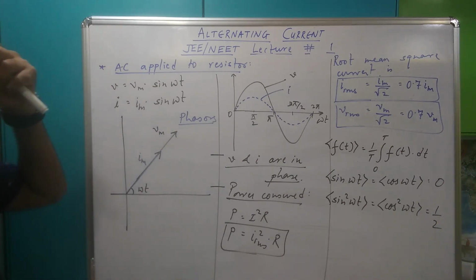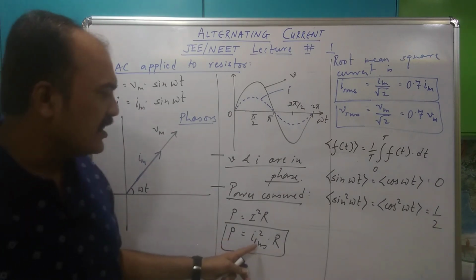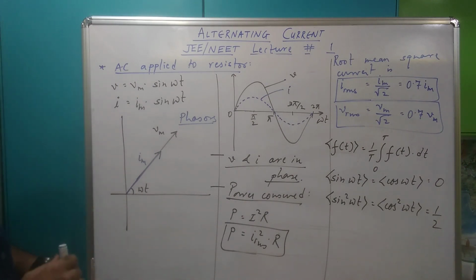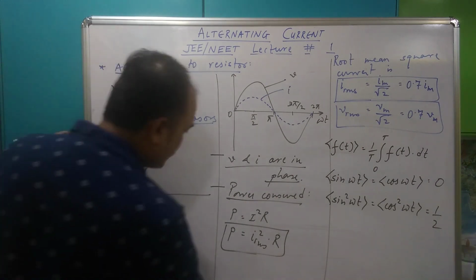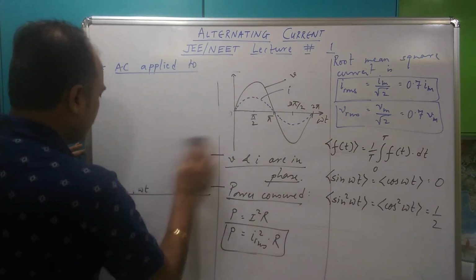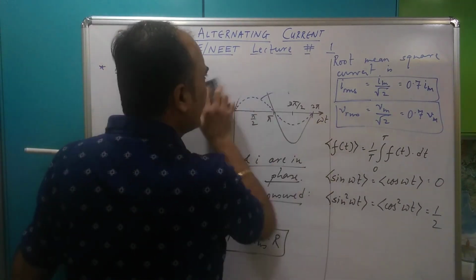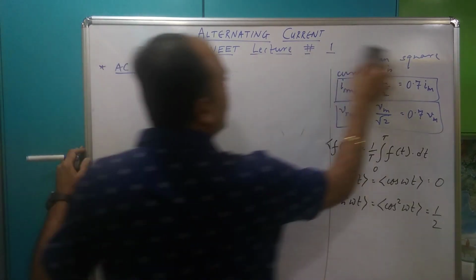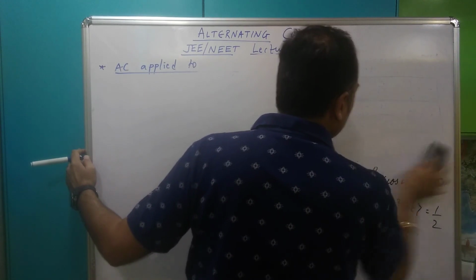So this was the fourth idea, and is there anything else? No. Well, you can write this as V square by R also. No issues about that. So that is not a problem. I think we've completed resistors. Then we'll go to inductor. I am trying to push as much as possible so that we can go into solving numericals in a jiffy. We can look at RLC series circuit also.